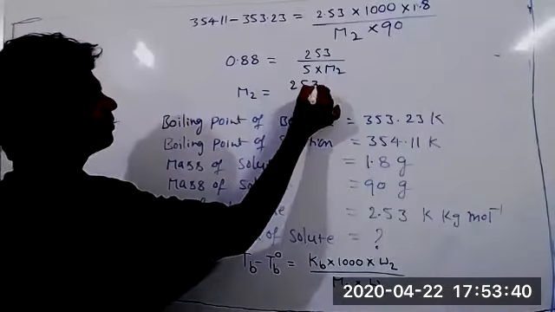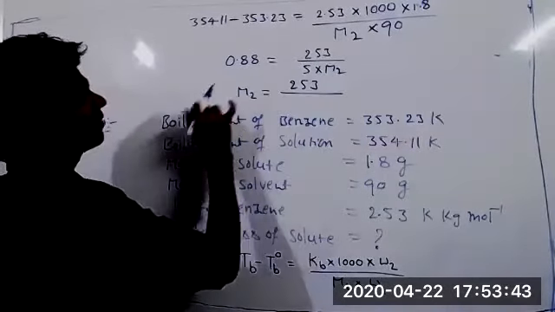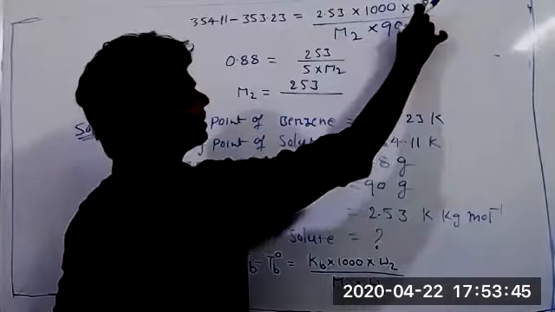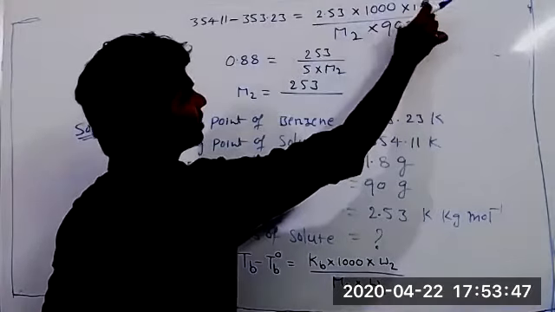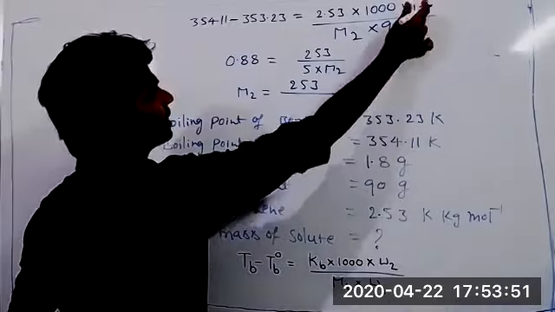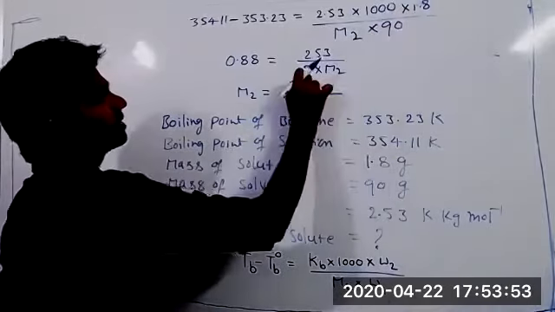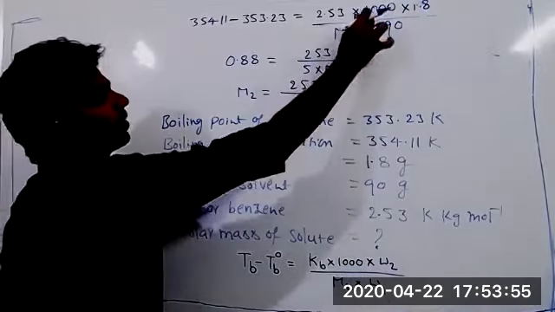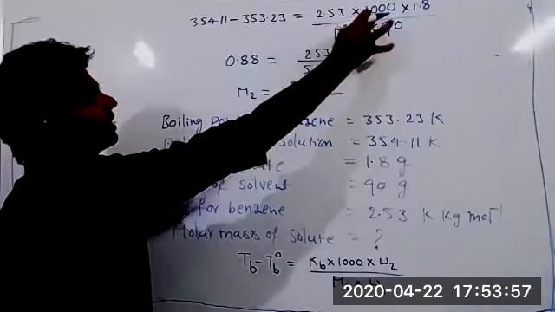Sir, you missed the 1.8. Here I am using 1000 to multiply this, so 1.8 will become 18. Here 90: 18 ones are 18, fives are 5. Here only 100 is left. 2.53 into 100 is 253.